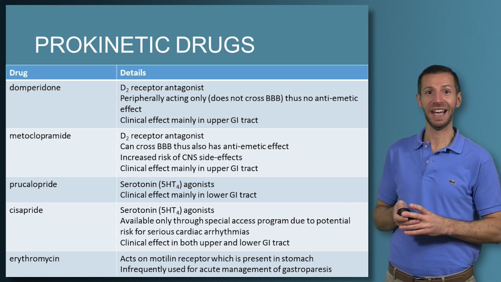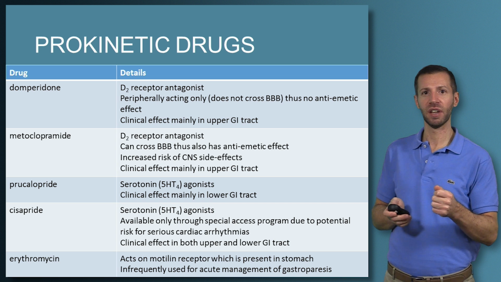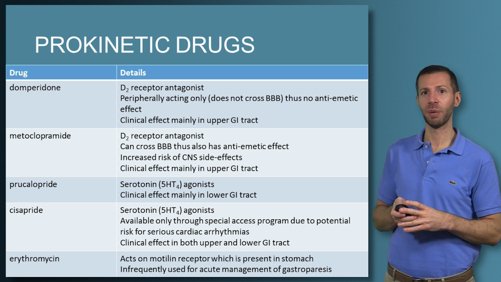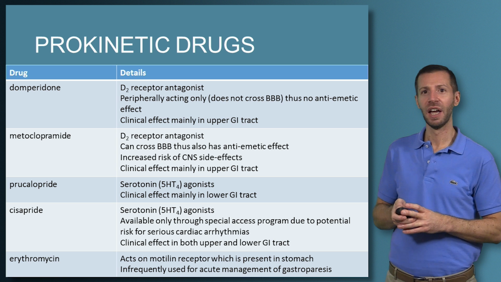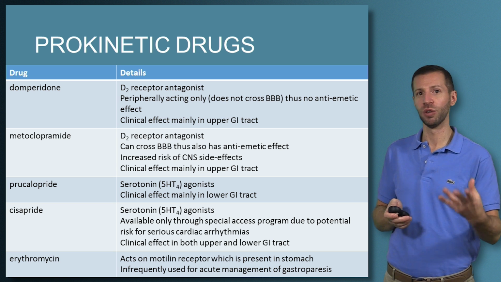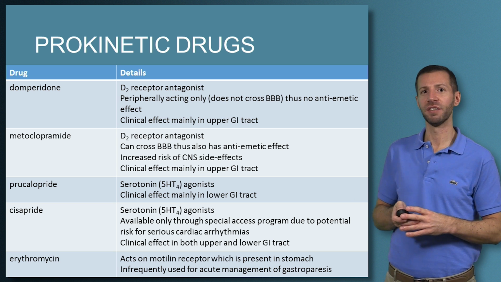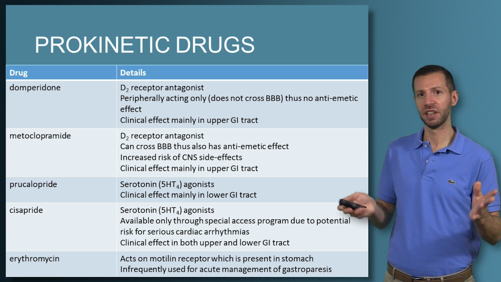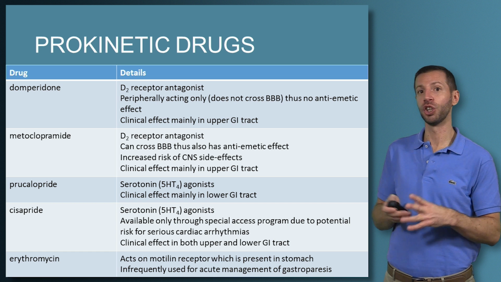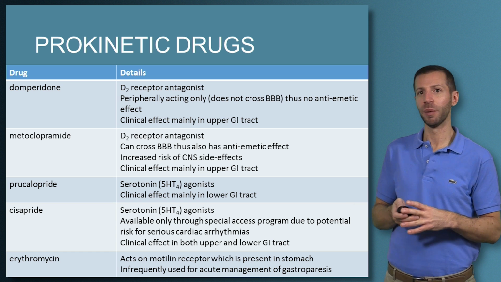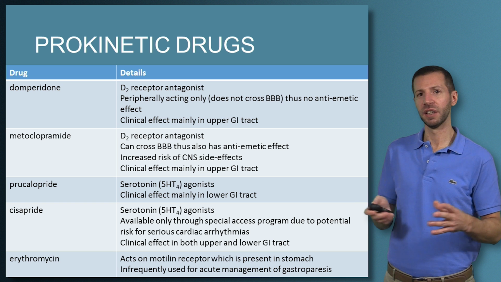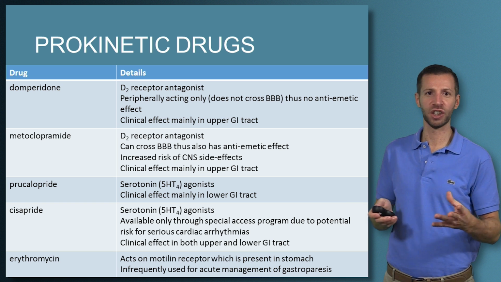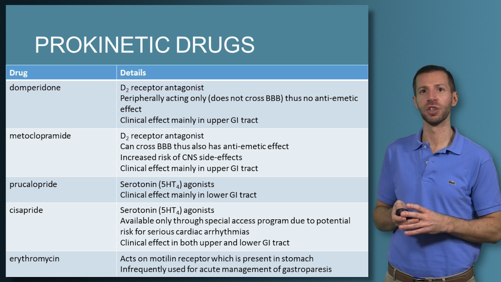Erythromycin, which is a macrolide antibiotic, actually promotes motility in the upper digestive tract by acting on the motilin receptor. It's used very infrequently for this property, but it also explains one of its side effects. Patients who take erythromycin sometimes get quite a bit of upper digestive issues just because it's causing so much contraction of the stomach. But as I mentioned, it does work mechanistically, particularly acutely if someone has delayed gastric emptying from a bad flare of gastroparesis. But in clinical practice, we use this quite infrequently. We generally rely on other medications.